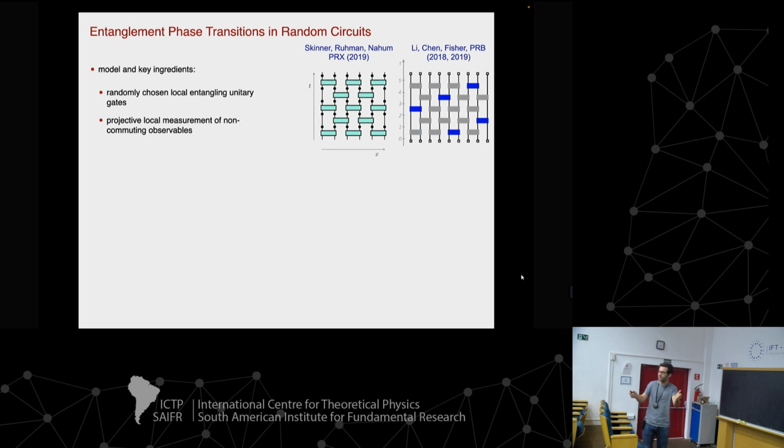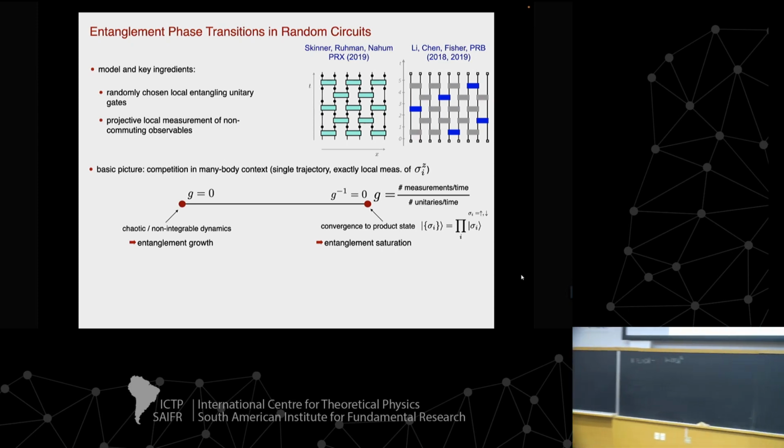You have something that spreads entanglement, and something that localizes particles down. The extreme limiting cases are very well understood. Let's introduce now the analog of this competition ratio, and let's choose it as the number of measurements that you throw per unit time onto the system over the number of unitaries that you throw onto the system per unit time. So this gives a dimensionless ratio, just like a ratio of two energy scales in a Hamiltonian, kinetic versus potential energy strength. So now we have such a competition ratio, and let's look at these extreme cases.